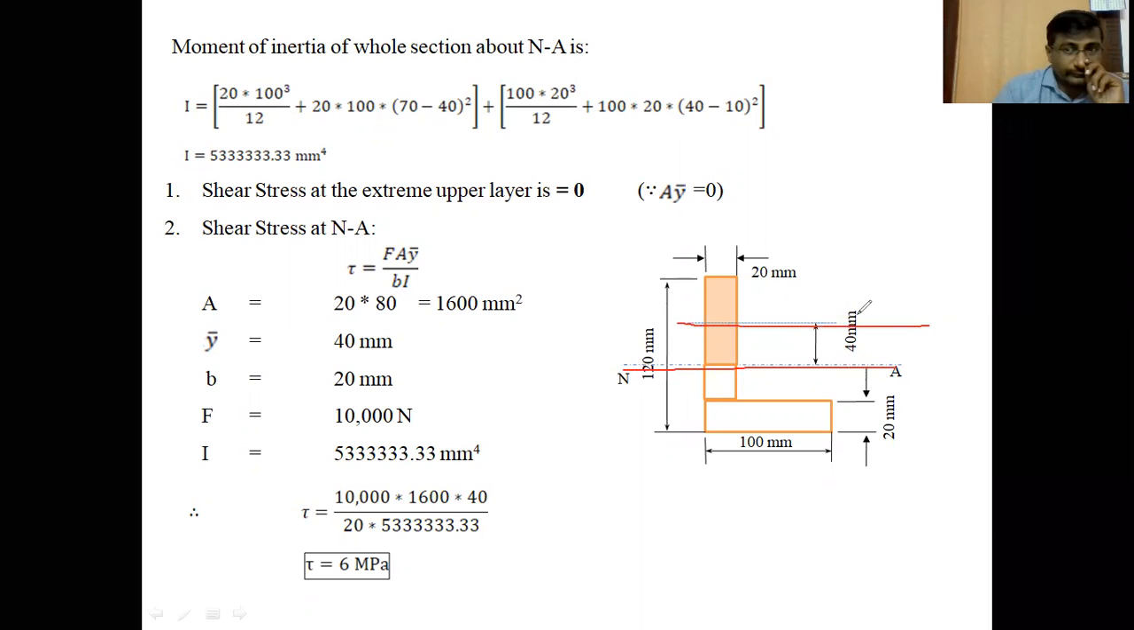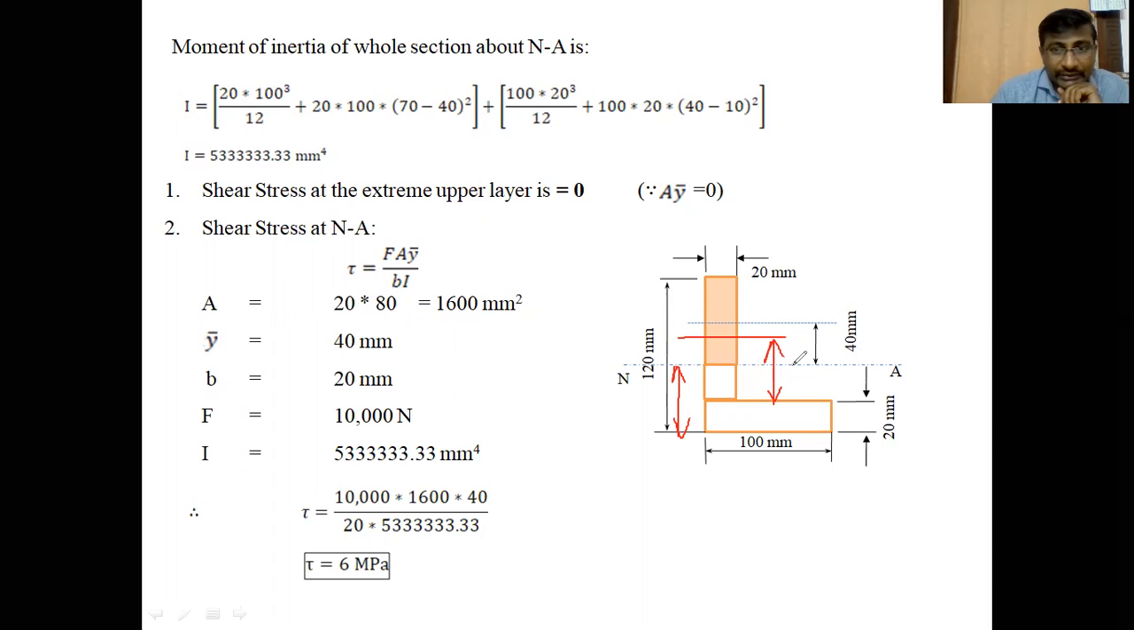The center of gravity of the vertical member is at a distance of 50 mm, because the total length of the vertical member is 100 mm. And the neutral axis distance is 40 mm from the bottom face. Clear? So therefore, the center of gravity of this vertical member